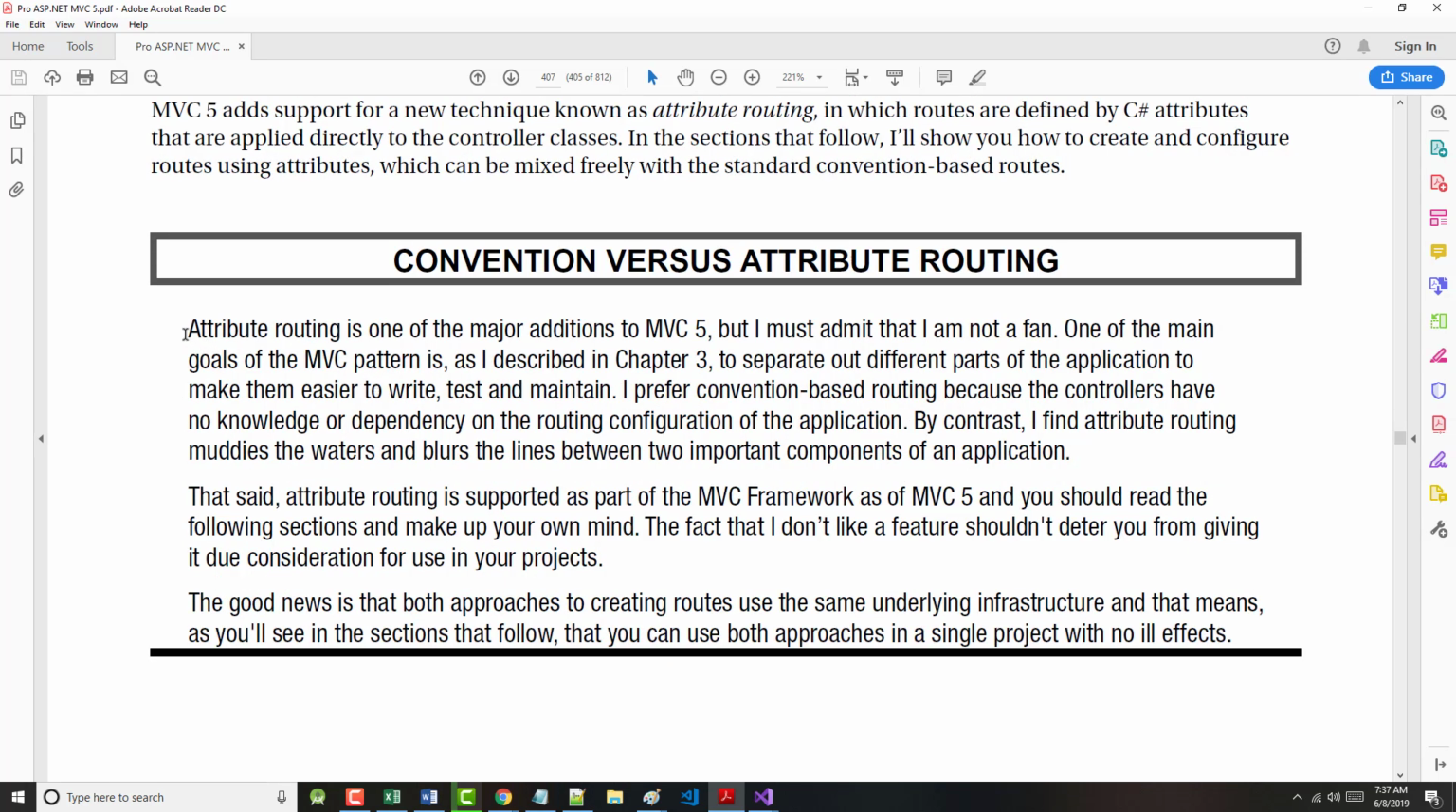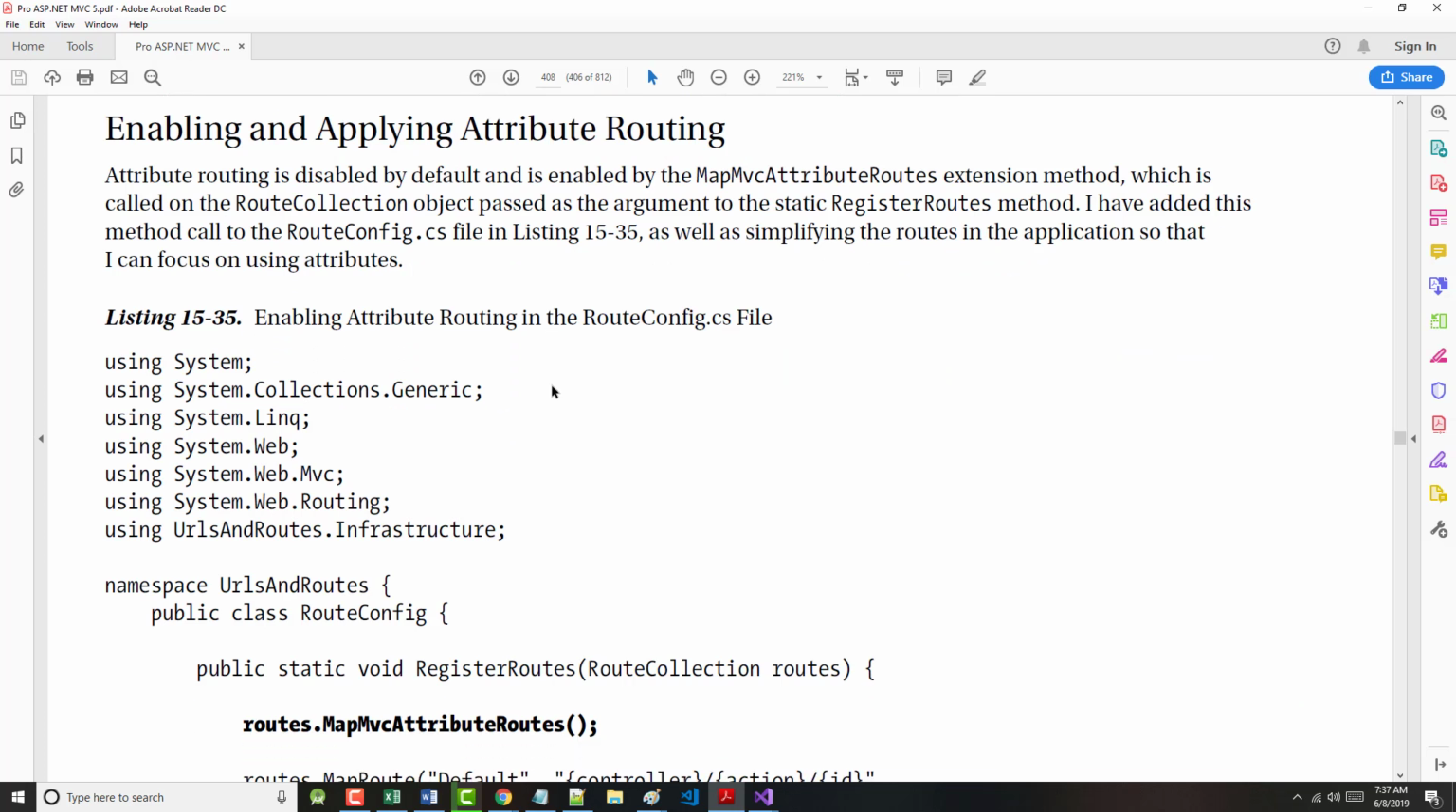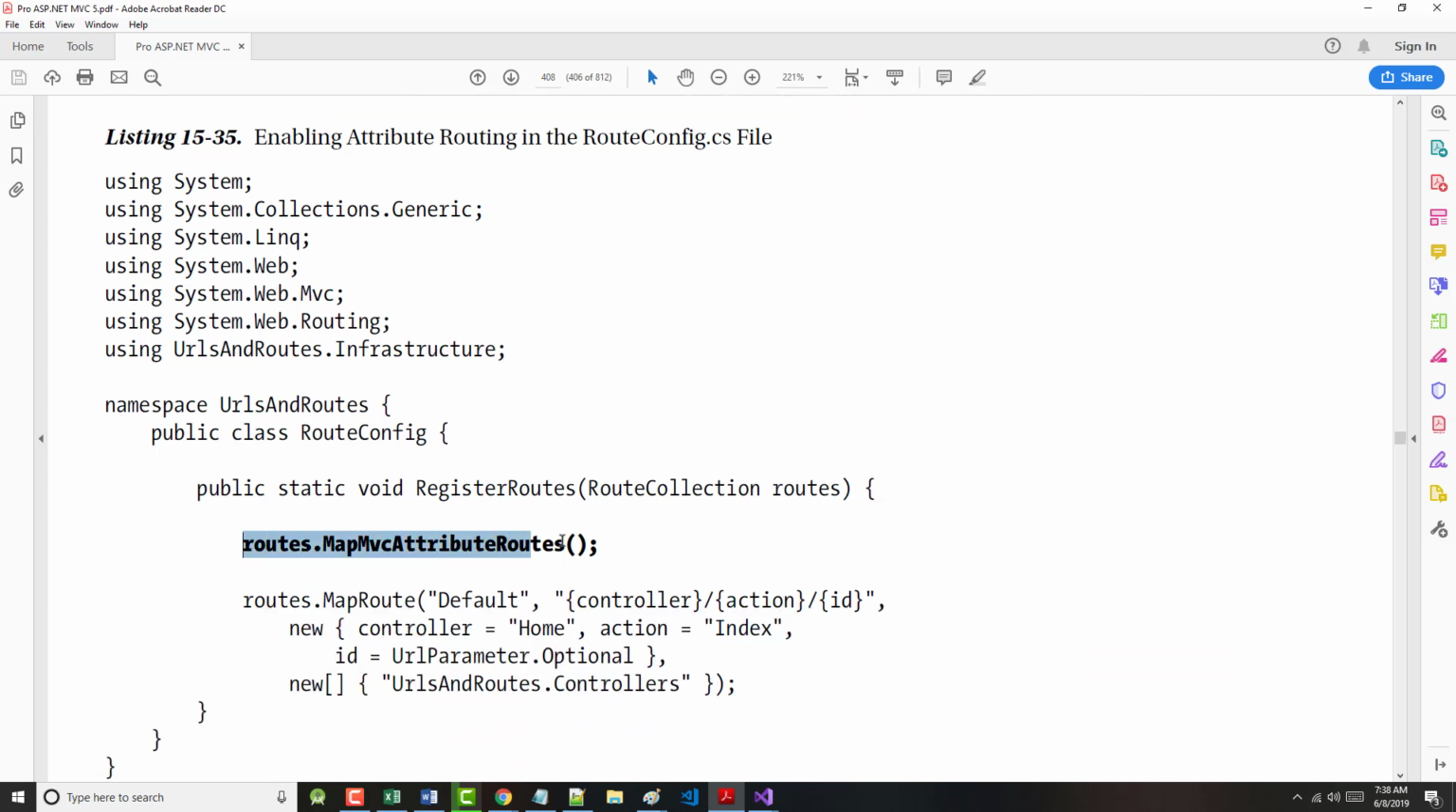Again, attribute routing is one of the major additions to MVC 5, but the author doesn't like it because he thinks it breaks the separation of concerns principle. I don't know enough about it to say whether I agree or disagree with him. Attribute routing is disabled by default and enabled by the MapMvcAttributeRoutes extension method, which is called on the route collection object passed to the static RegisterRoutes method. So what the author has done is to come in here and in the RegisterRoutes